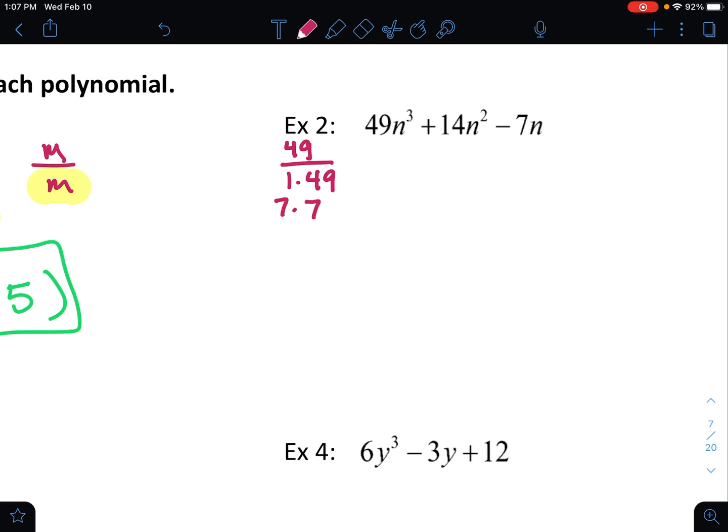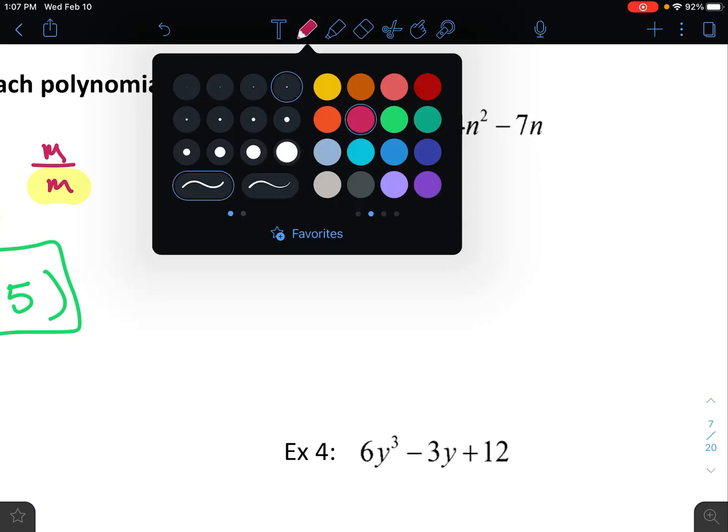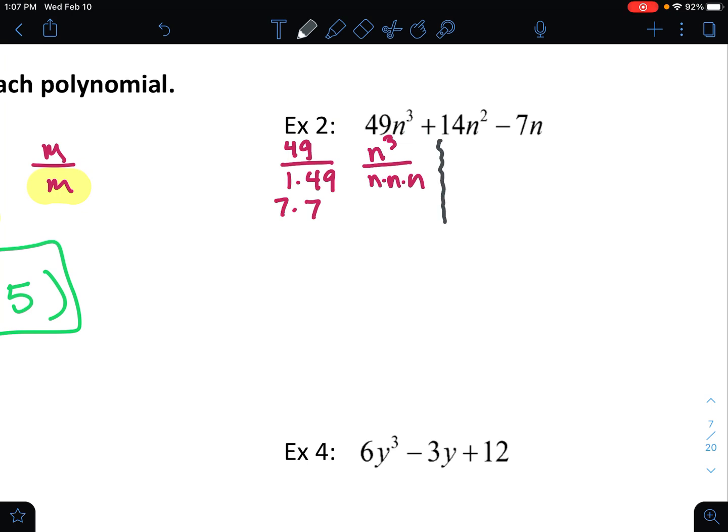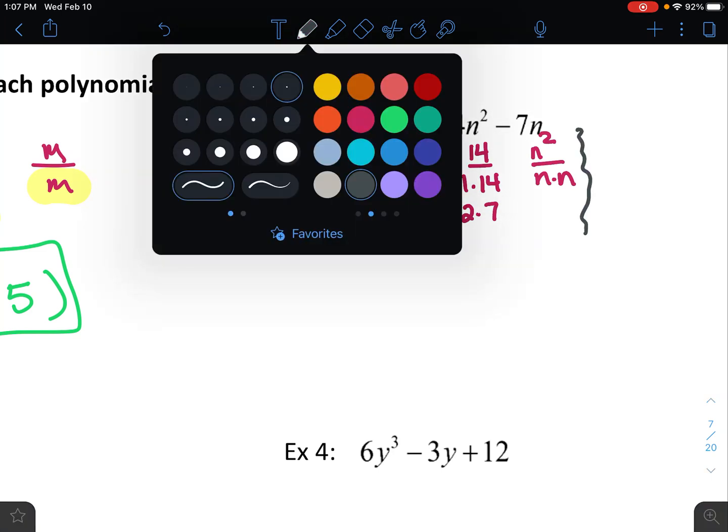I'm going to go ahead and go in order here, n to the third. So there are 3 of them, 1, 2, 3. Okay. And so I'm going to kind of separate out. My next grouping would be 14n squared. So 14 would be 1 and 14, 2 and 7. N squared, there's just 2 of them, so I'll just write both out. And then lastly, I've got,